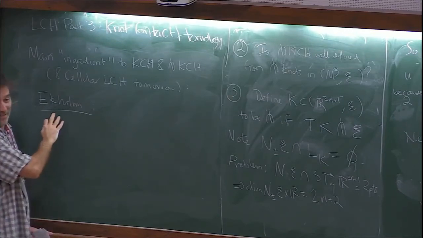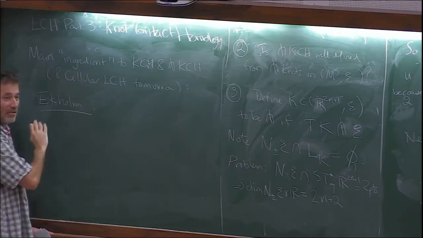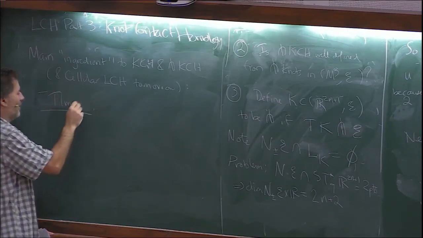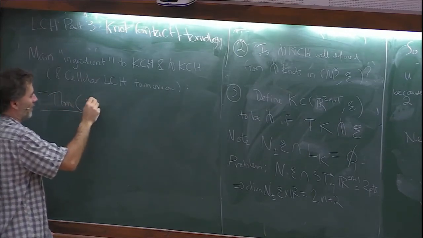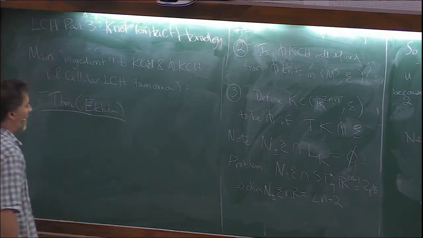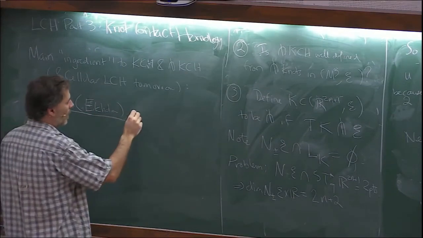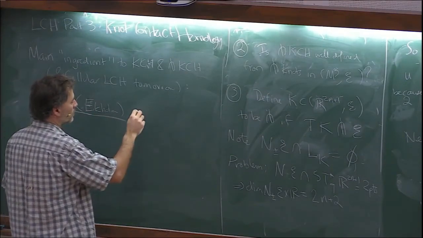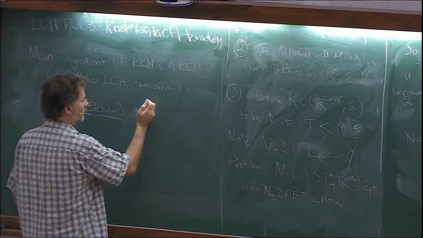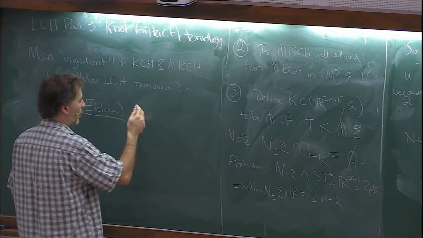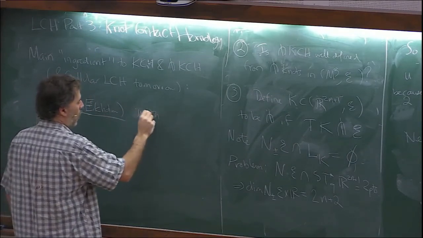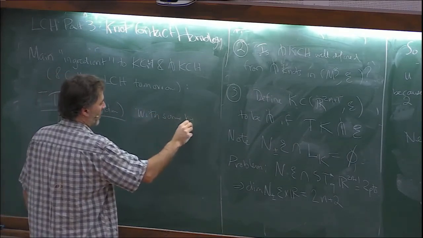It's not just a person, he's an actual theorem. Somewhere between a proposition and a theorem is an Ekholm. Theorem, Ekholm, which says that with some hypotheses, which I won't spell out,